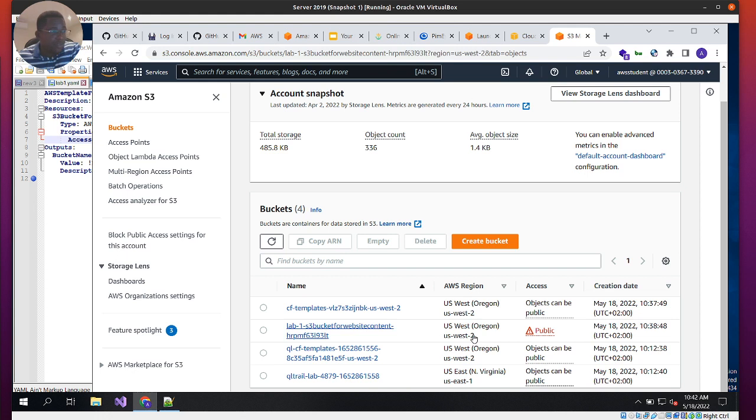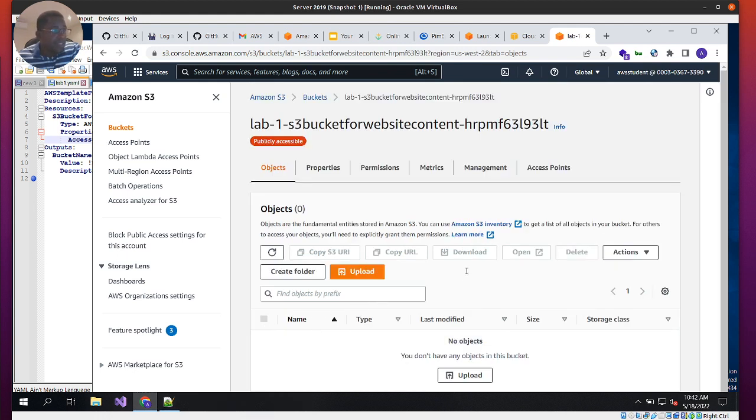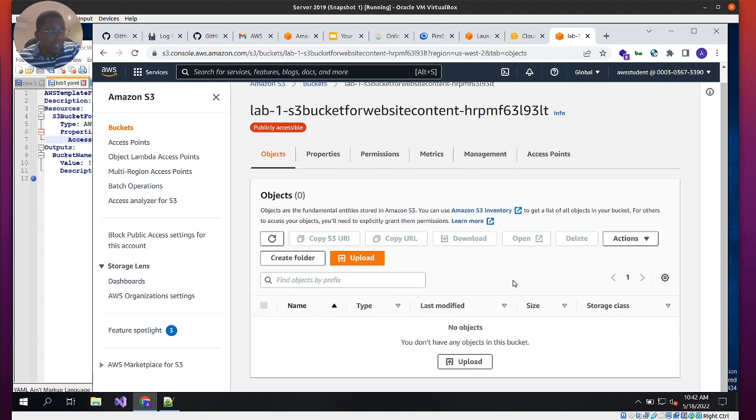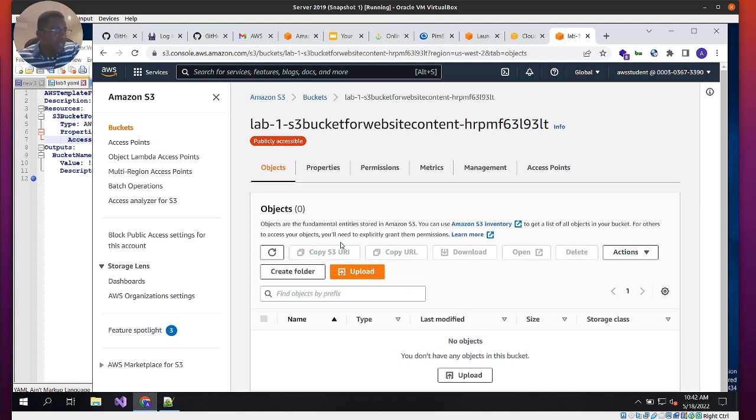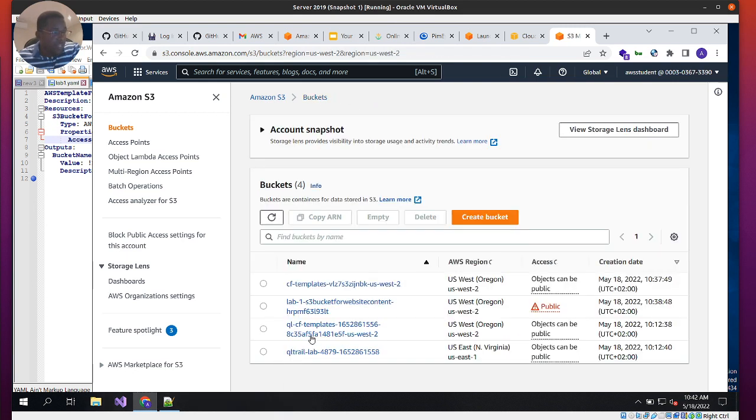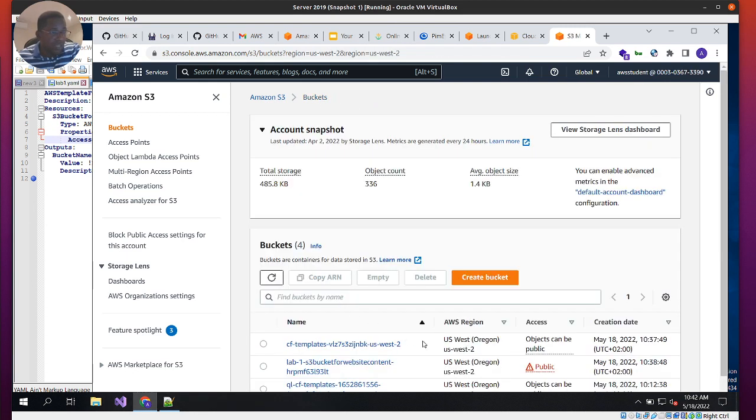If we just click on this bucket, you can get in that bucket and maybe copy the bucket URL and just try to see what it looks like. Currently it's going to take a while to actually upload the content, but I think the content should be in at this point. I'm just going to go back. But there you have it, lab 1. That's the name we gave it, and that's the bucket, and it's